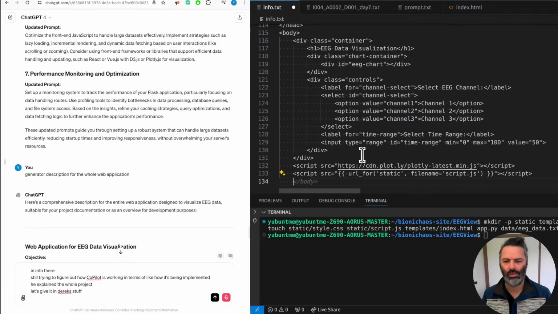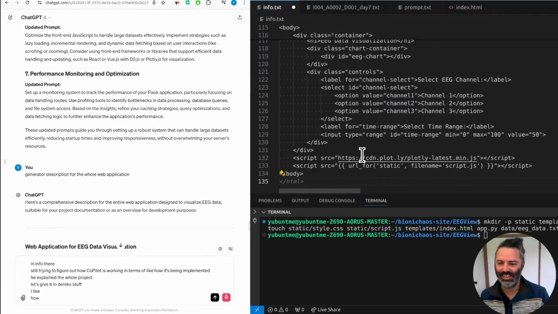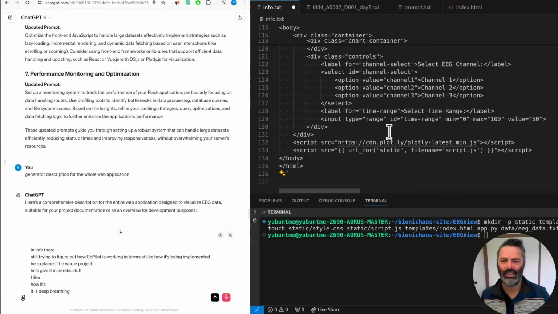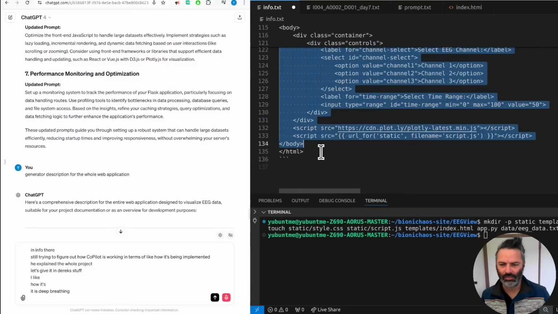3. Interactive visualization. Utilizing Plotly for the front end, the application presents interactive line plots that display multiple EEG channels over time. Users can zoom, pan, and select specific time windows to closely inspect the data. 4. Caching for performance. Frequently accessed data segments are cached using Redis, enhancing retrieval speed and reducing database load for